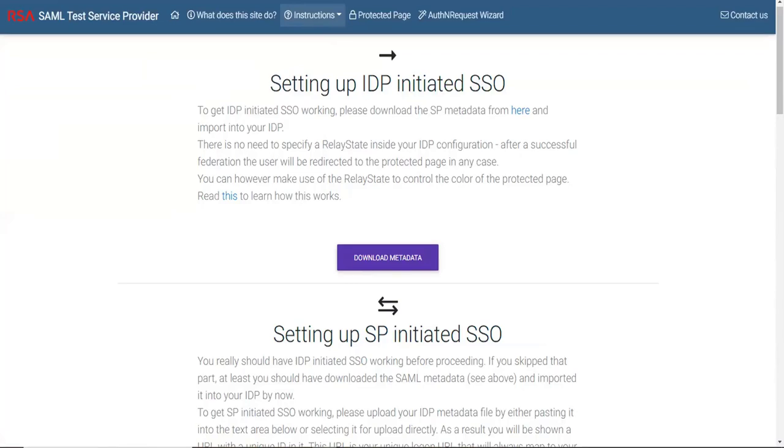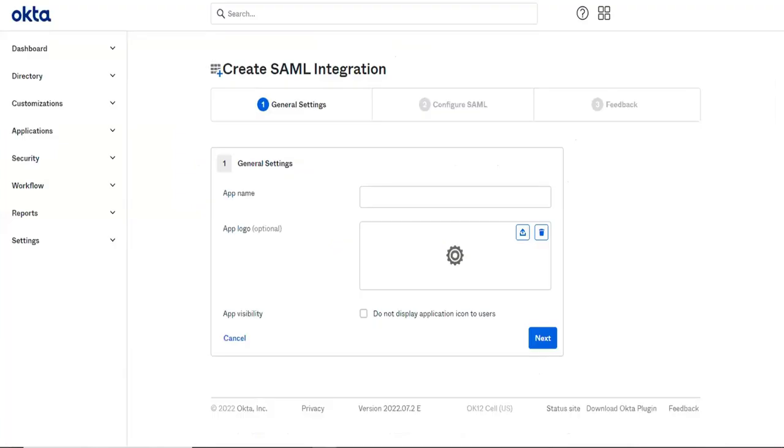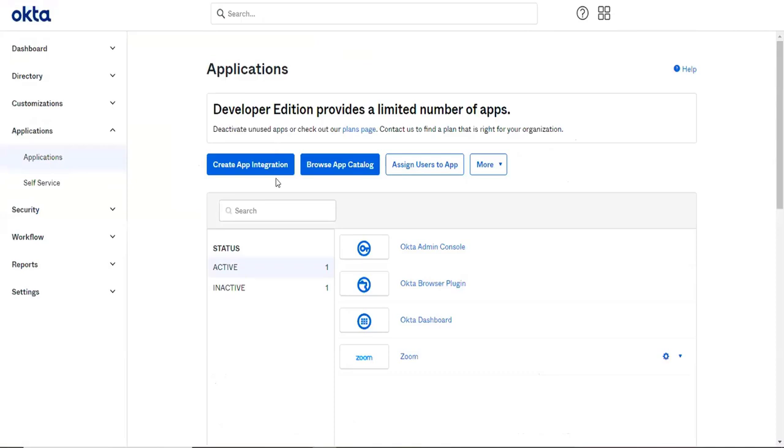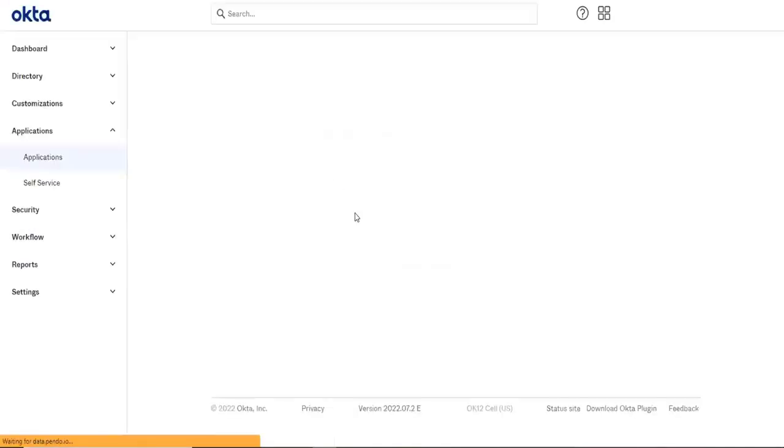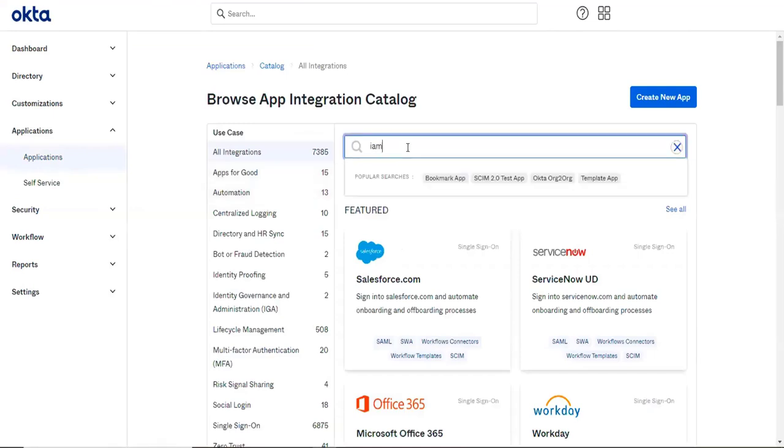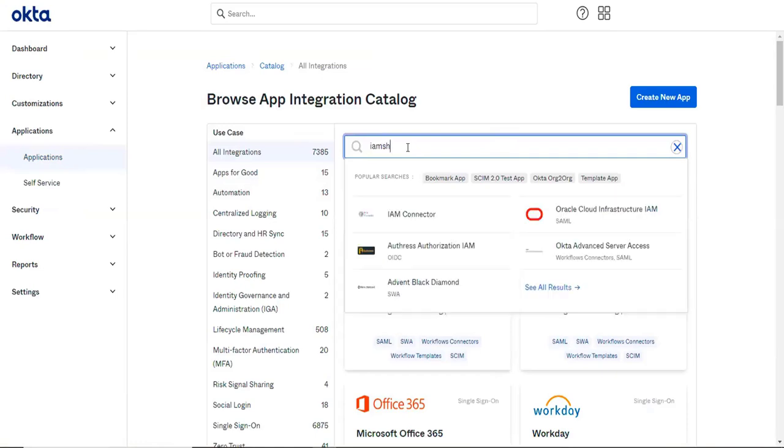First, what will we do? They are saying the application is the IAM Showcase app. Okay, I will go to the application first. Go to app catalog. I'll search for IAM Showcase. So here you are not getting any options for that IAM Showcase app. Okay, which means this app is not available in the Okta Integration Network. So I have to go with the manual app integration.